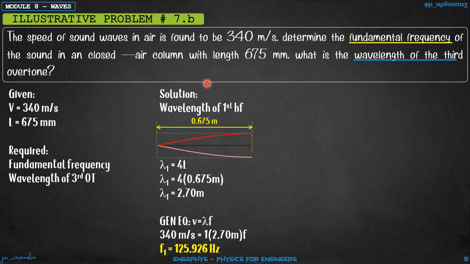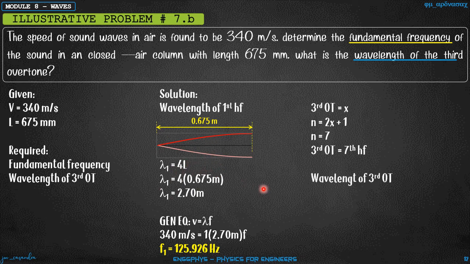So for a closed air column, given now our overtone number x equal to 3, we'll have our harmonic number, which is 2x plus 1, giving us a value of 7. So the third overtone of a closed air column is the same as its 7th harmonic frequency. So with that, from the equation, we know that our wavelength for the fundamental is 4L. Okay? So the wavelength of the third overtone or 7th harmonic now is equal to 4L